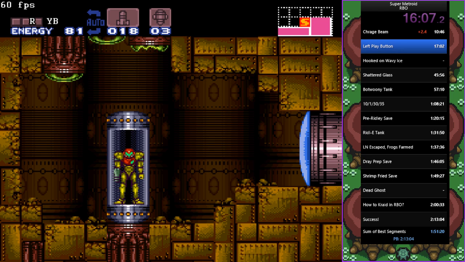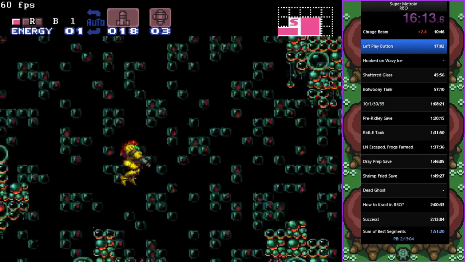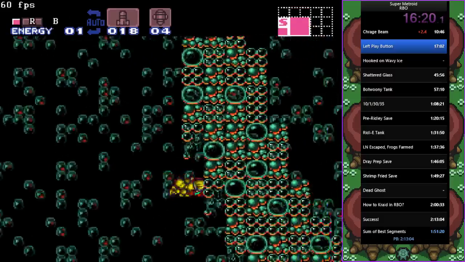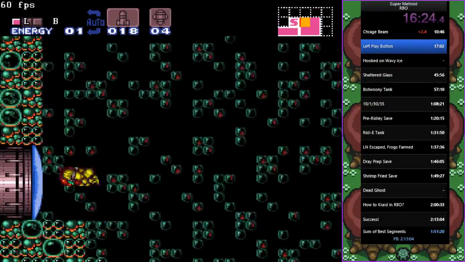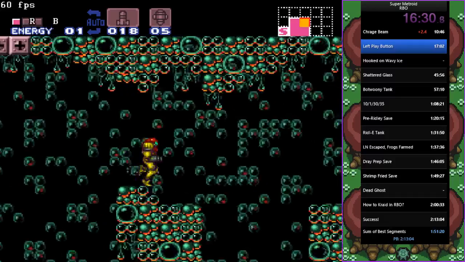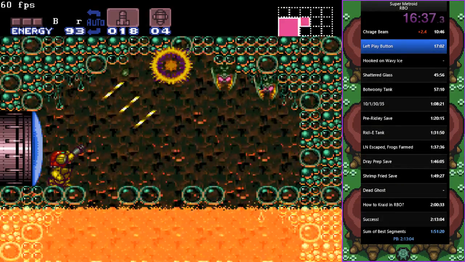I guess I don't need to necessarily run from this doorway. So I can kill these two wavers really quick and hope for another big energy, or super, that's fine too. That delayed wall jump sucks, but it's totally possible. Okay. 101 is much better than 81, so...